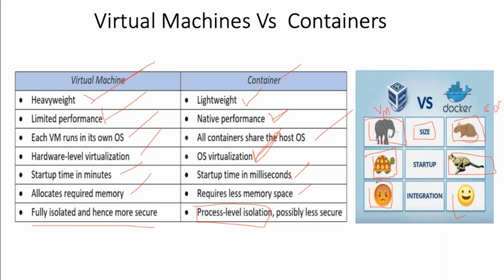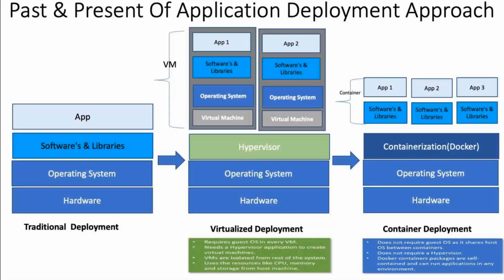Each container is isolated. So is everyone clear? What is traditional deployment? What is virtualized deployment? What is containerized deployment? How does it work? What are the challenges? So this is required before